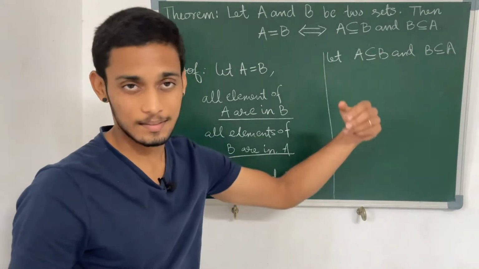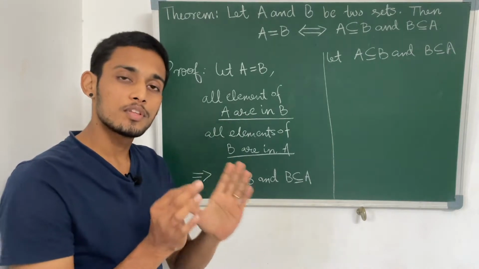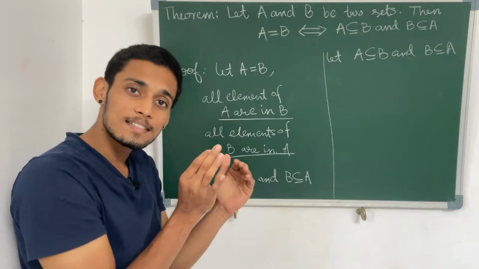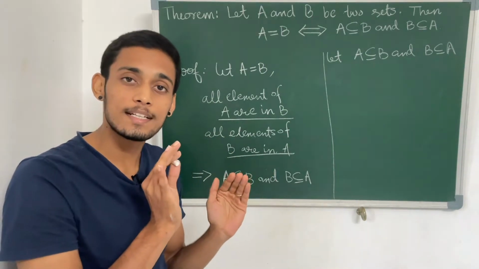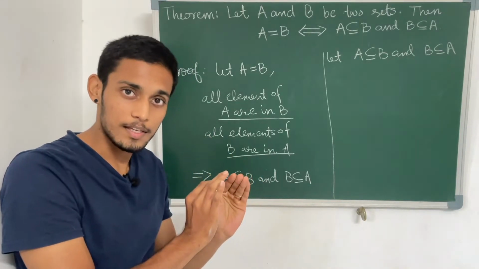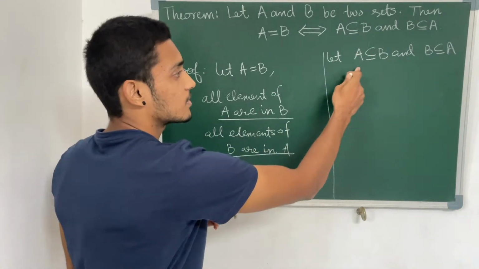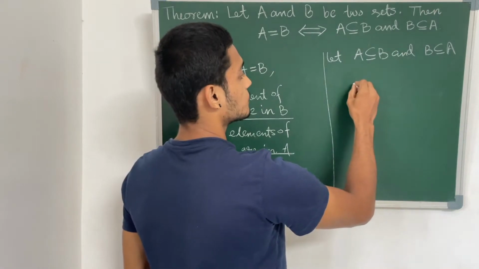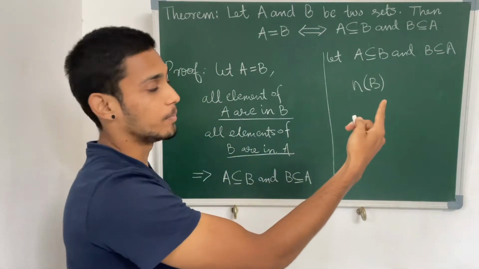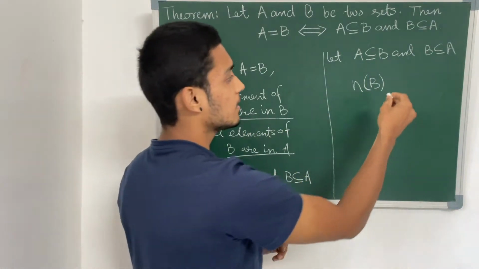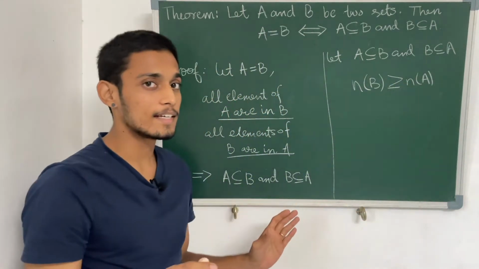So now we have this. Let us say all the elements of A are in B. If you think about it, the set B has either the same number of elements as A or it has a little bit extra. We don't know the size of B, we just know that it has the elements of A, so it's at least equal to the size of A, but it can also have more because it is bigger than A from this statement. So let us write the cardinality then. From the statement that A is contained in B, the cardinality of B, that is the size of B, is greater than or equal to the size of A. We have no guarantee that it is equal.